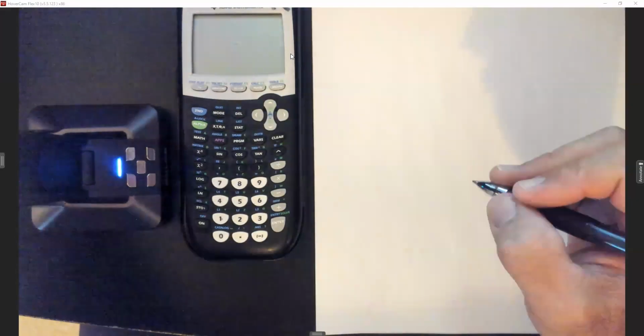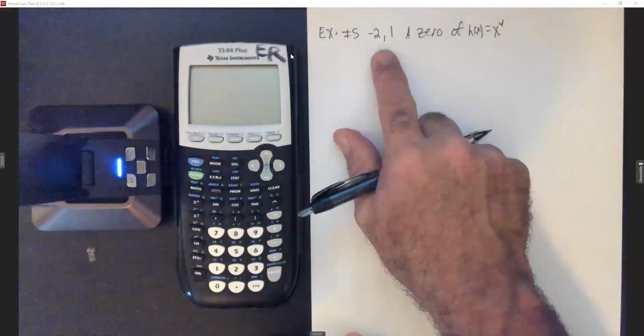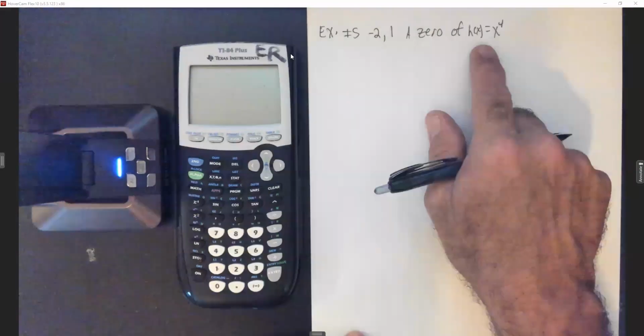Is -2 and 1 a 0 of, all right, this one has h of x equals x to the 4th. I know I moved it down while going. I didn't put it back up. All right, so is -2 and 1 a 0 of h of x equals x to the 4th